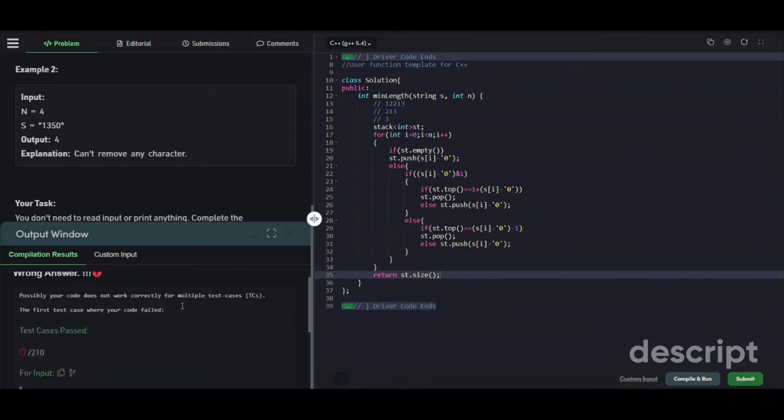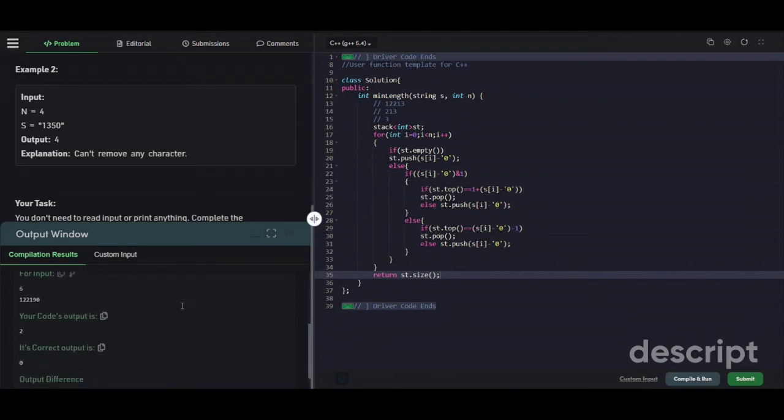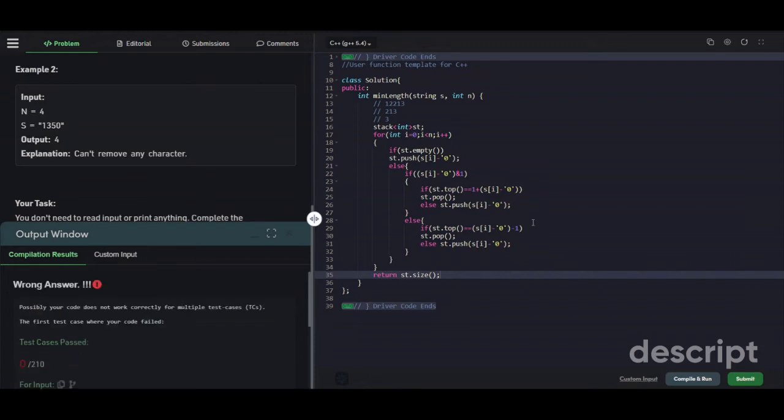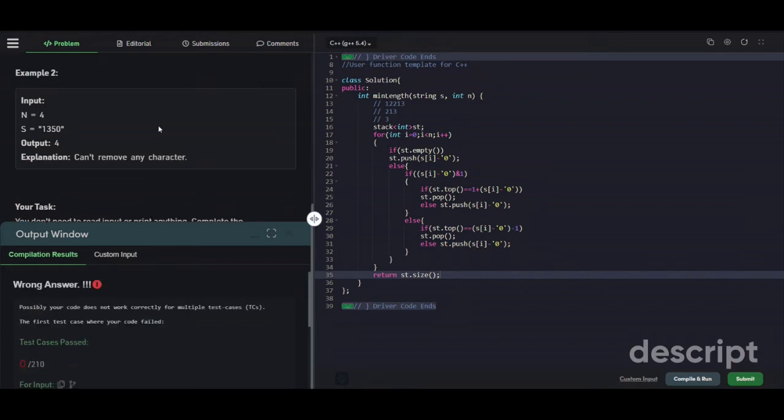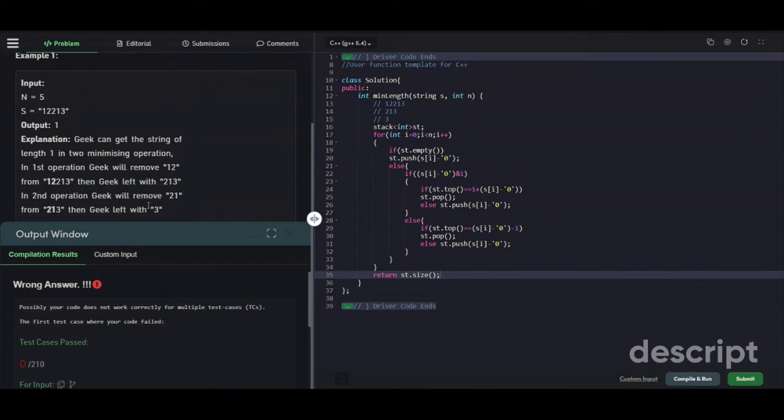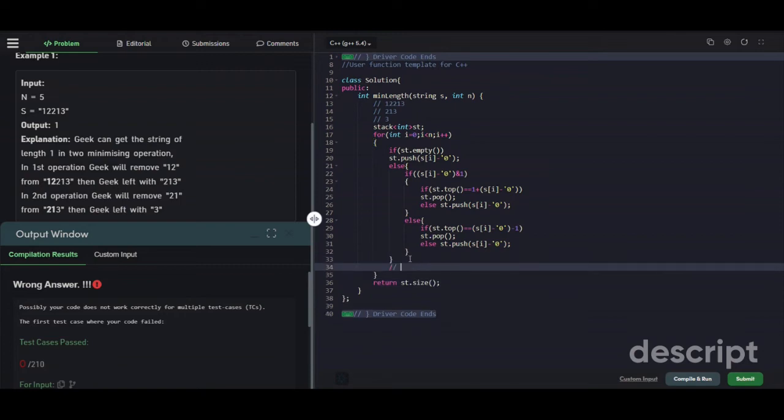So we're getting an error here for 1, 2, 1, and 9, 0. Oh, okay. We forgot about the case when we can also have this 9 and 0. So for that, we need to implement the condition, especially for the case of 0 and 9. So in that case, the stack should not be empty. And we need to check one thing here,